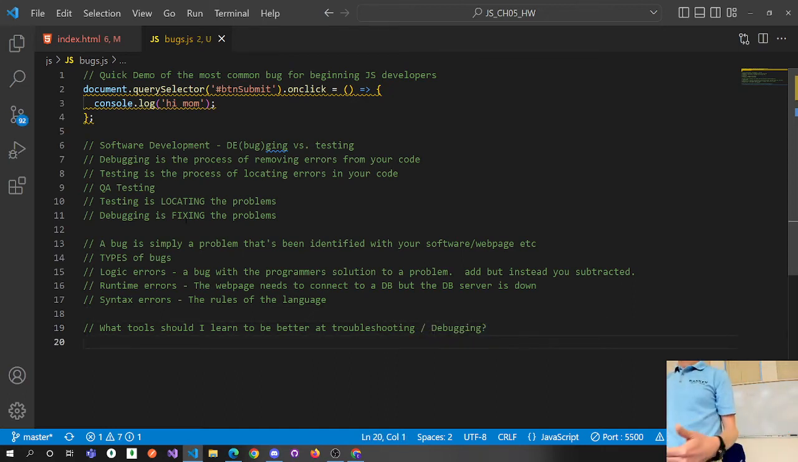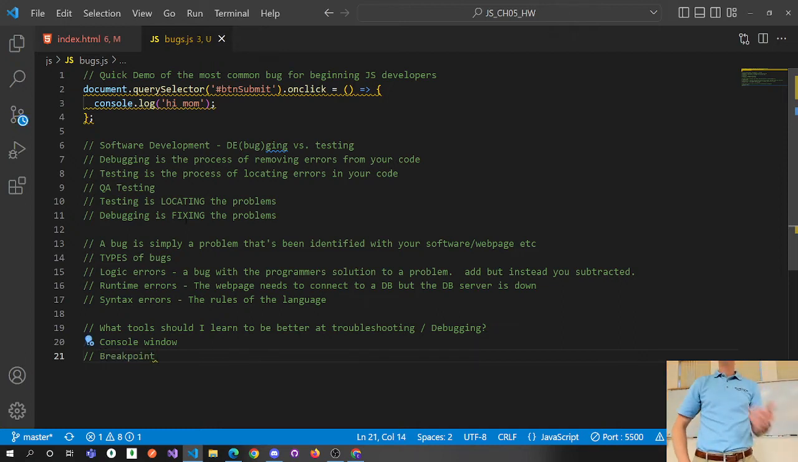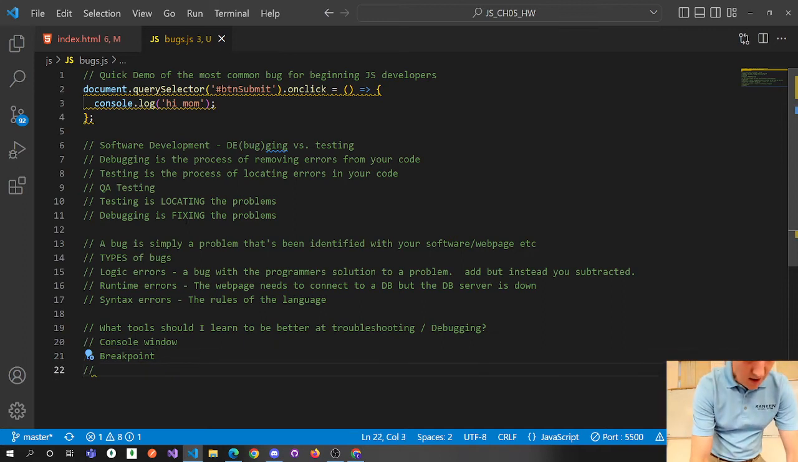And so, again, the most practical thing that you'll get out of this chapter is getting exposure to a couple of different tools. Let's go ahead. We already demonstrated the console window. The next tool that I haven't exposed you to will be a breakpoint. And then we will go through troubleshooting